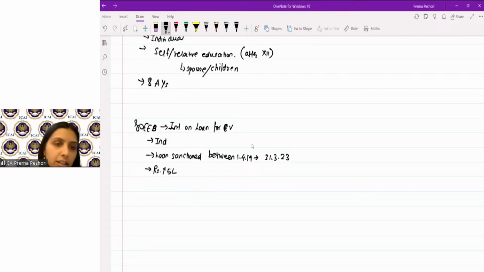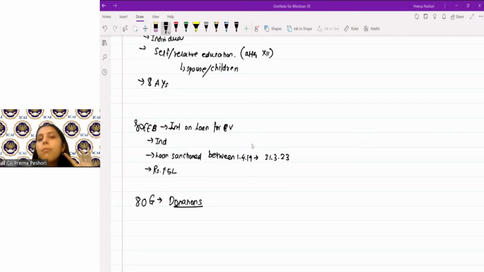Next is 80G, your favorite section, which is for donations. Where the assessee pays a sum to the eligible funds or institutions, he is entitled to a deduction under 80G. Now, under 80G, there are certain donations which qualify for 100% deduction, in respect of the Prime Minister National Relief Fund, Prime Minister Earthquake Relief Fund, National Defense Fund set up by the central government, or approved funds, which are approved only for 100% deduction, right?